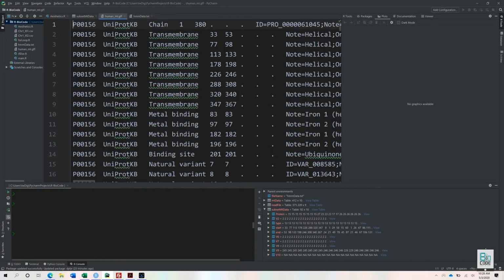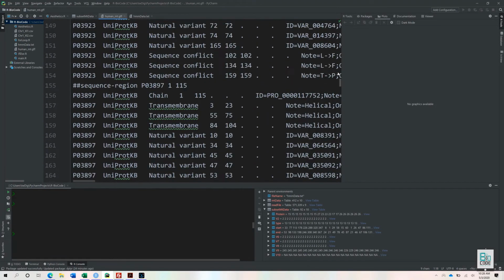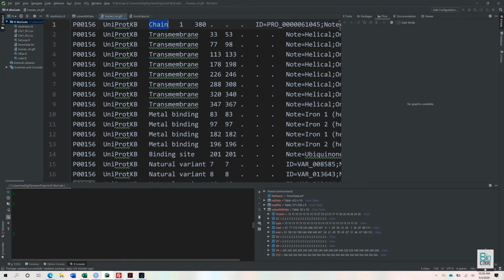Then we also have another file, a human mitochondrial proteome file, that has proteomic information about the proteins that are available within the mitochondria and at what positions they start. The first accession is provided. This information is redundant and we don't need it, which is basically information about the database which contains this sort of information. Next, we have the type of the structure or annotation of that particular protein.